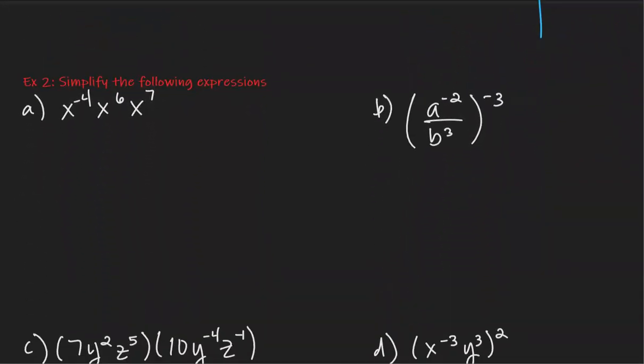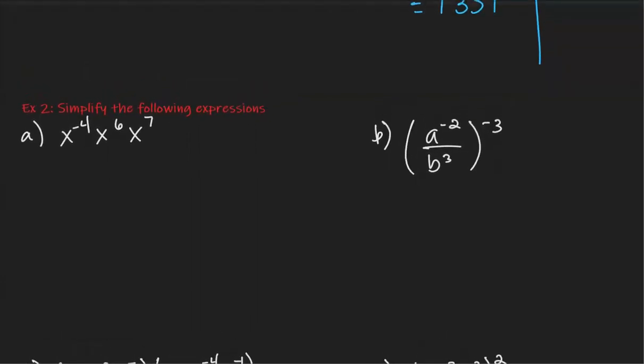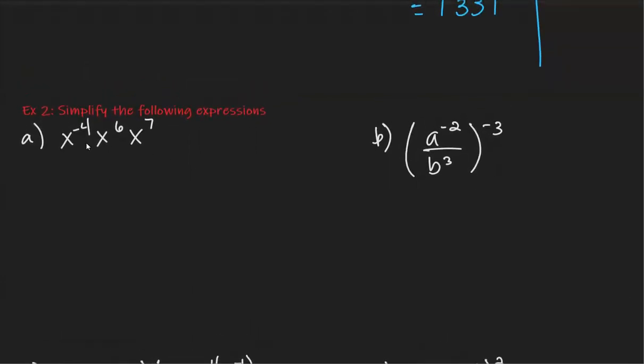All right, so now let's apply those properties using just variables, right? We're gonna use a mixture of variables and coefficients, but for now, let's just look at variables. So our first one,